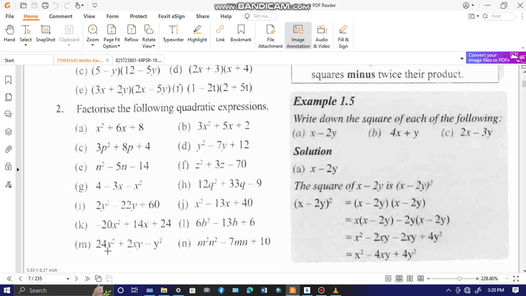My example at home is 20: factorize 24x squared plus 2xy minus y squared, and m squared n squared minus 7mn plus 10. Let's start with example M, which says factorize